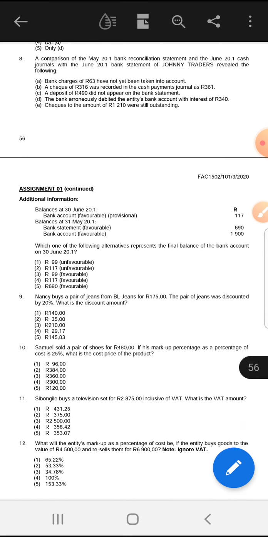Question number 8. What is our question? Which one of the following statements will reflect the final balance of the bank account? I'm going to do a calculation and show you how I chose option number 3. So guys, what will happen here is that we will take our opening balance of